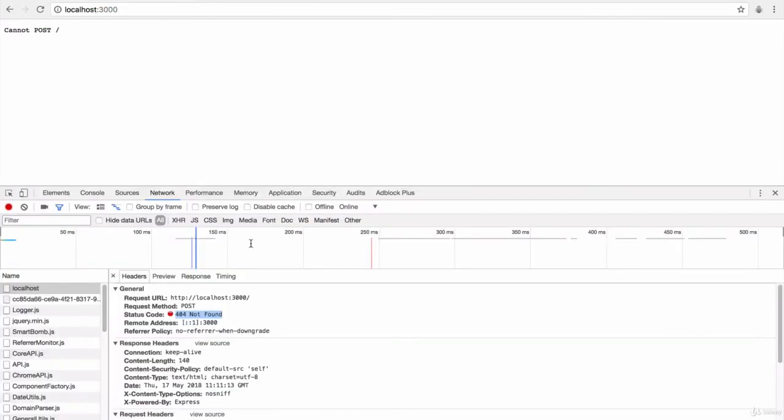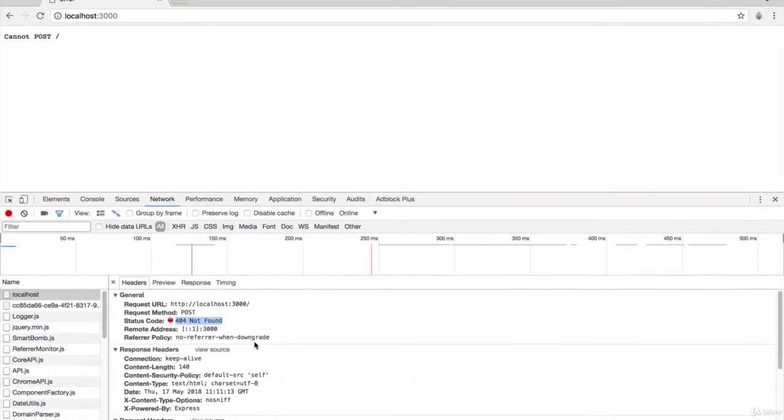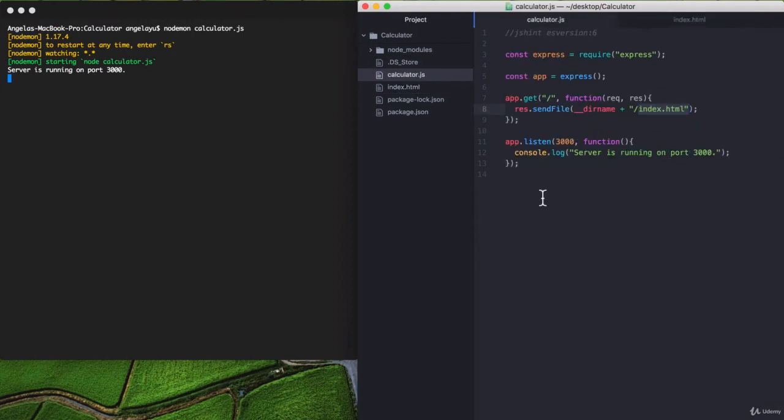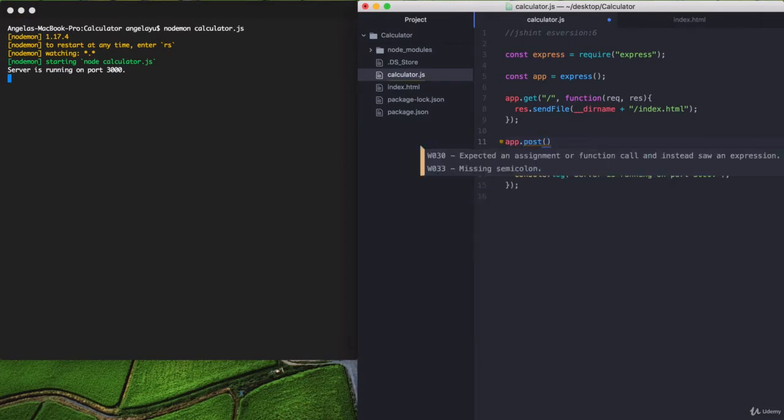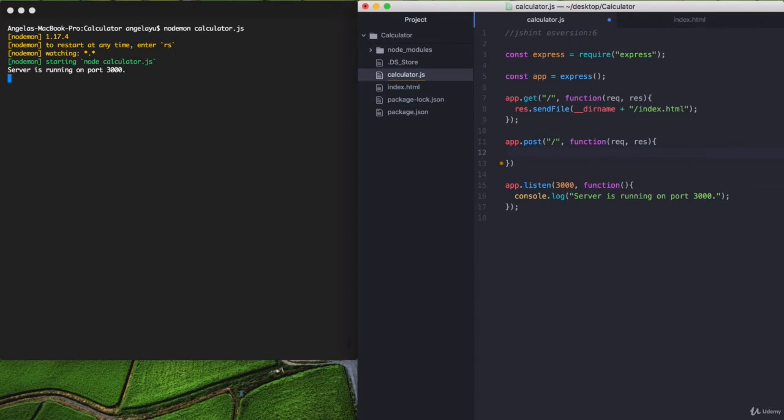Well, what's actually going on in our case? Well, the problem is that our server does not have a way of processing any post requests. So we're basically not accepting anybody to post to our home route. So let's go ahead and fix that. Let's add an app.post method to handle any post requests that come to our home route. And then we're going to have a callback with, again, req and res, request and response. And we're just going to send back,